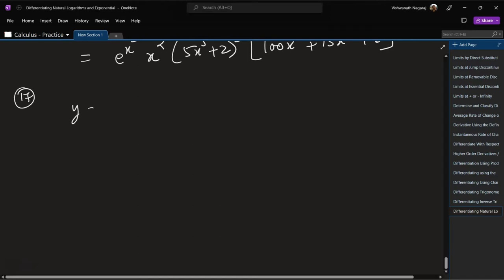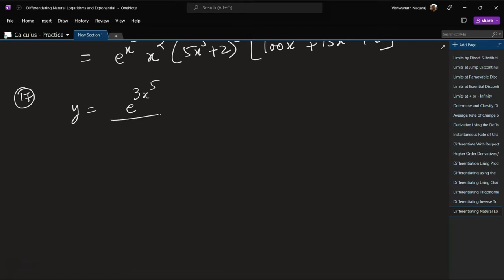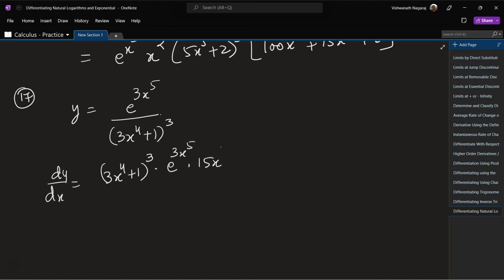17th one. y is equal to e to the power of 3x^5 by (3x^4 + 1)^3. Okay, let's differentiate. dy by dx is equal to quotient rule. The denominator as it is, (3x^4 + 1)^3, and the derivative of the numerator, so e to the power of 3x^5 times 15x^4,